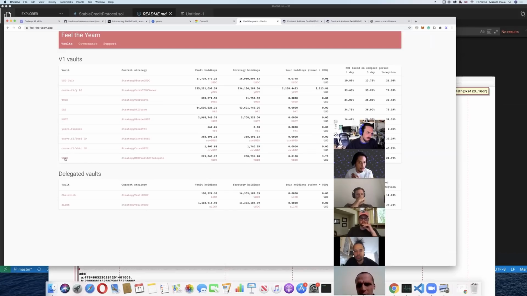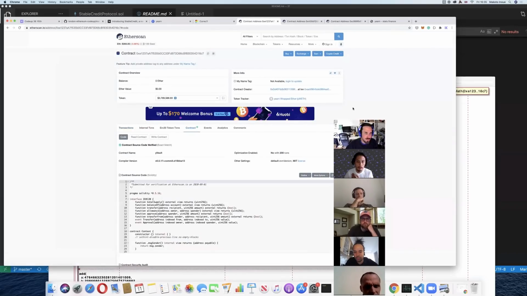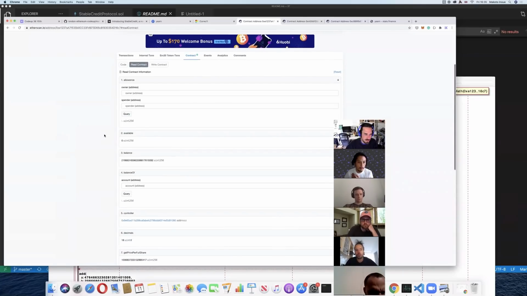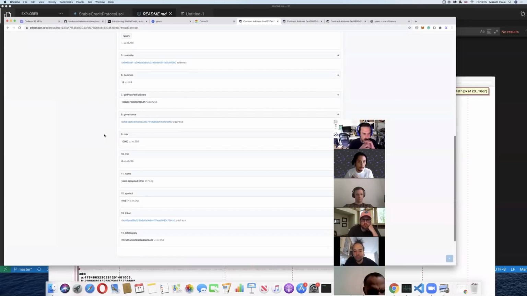Sure, you can just click on the YEth vault. Yeah, that one. The one you clicked, just go to Etherscan. The vault itself, yeah, there. Right there. And then contract, read contract. And then about in the middle, if you scroll down, there's going to be get price per full share right there. And that's an 18 decimal denominated